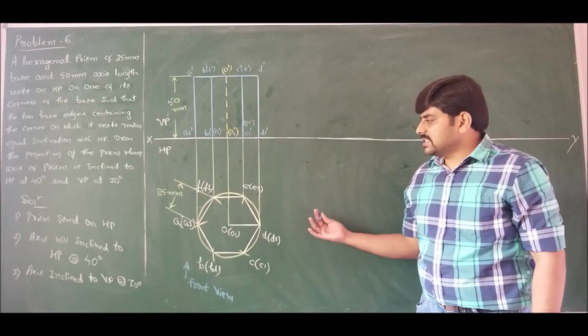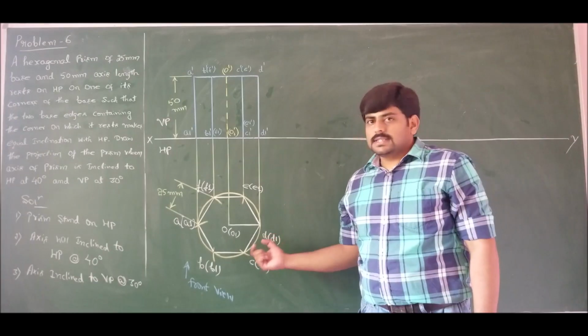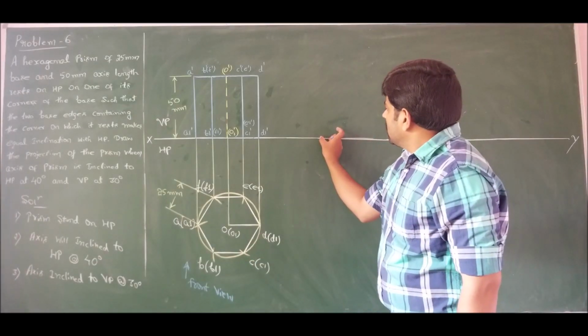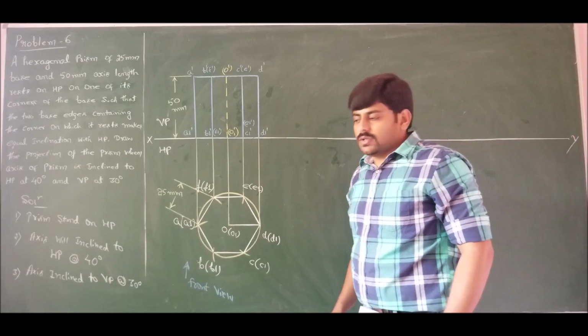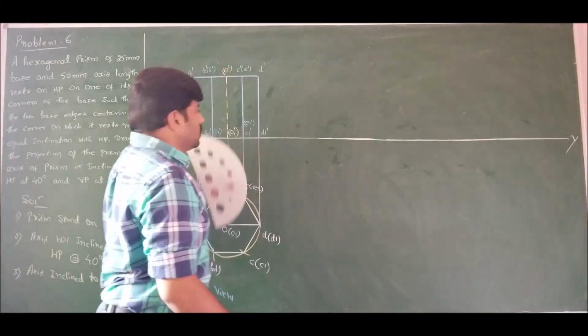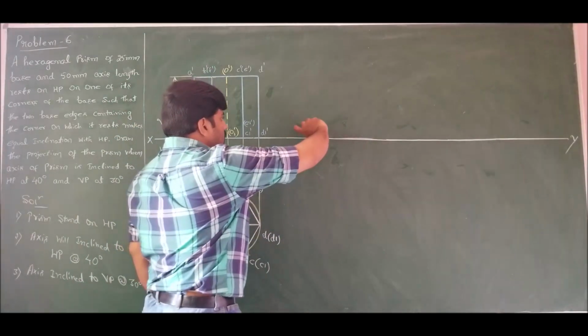Now in the second position, this hexagon should rest on one of its corners. Since I have corners on both sides, I can either rotate counterclockwise or clockwise. Let us use the convention that we are following. We will rotate the hexagonal prism in a clockwise manner. So therefore, if I rotate it clockwise,